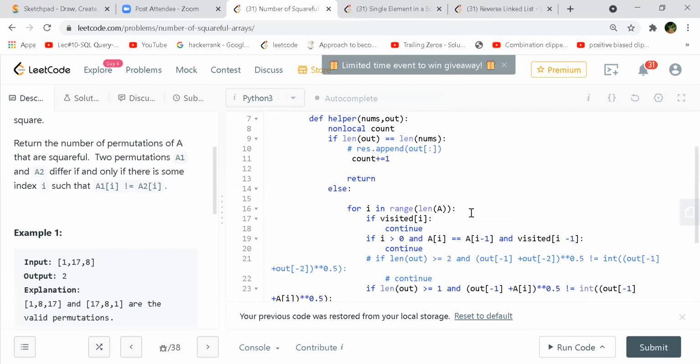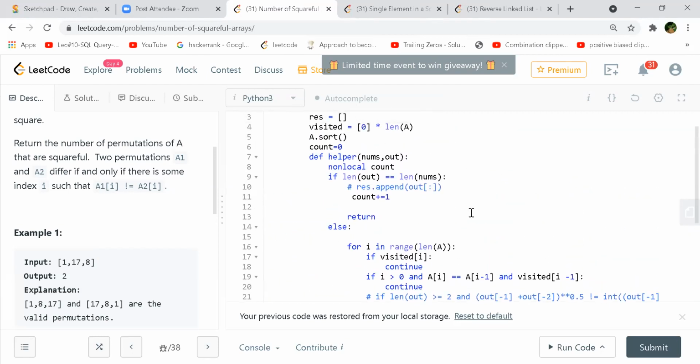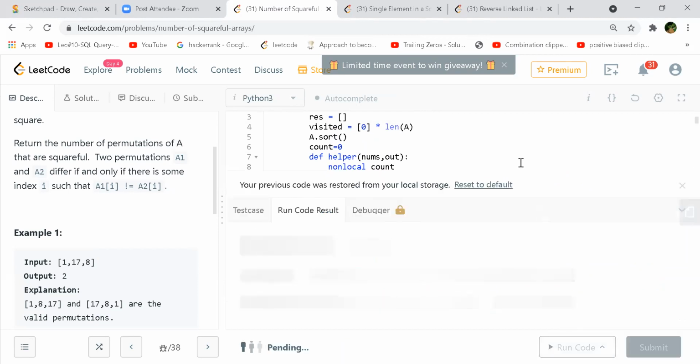What is the difference between non-local keyword and global keyword? So this is like a helper function taking this count from the main function. It is a sub function, right? Which is defined under the main function. So it is like saying that I'll be using that variable from my main function. Okay. So global has to be out of all the classes, right? Non-local should be defined in the function inside which this helper function is defined. Yeah. So it is like a function within a function.